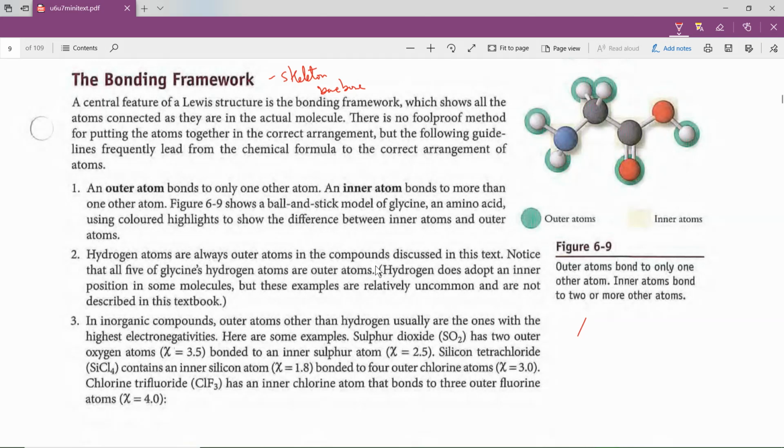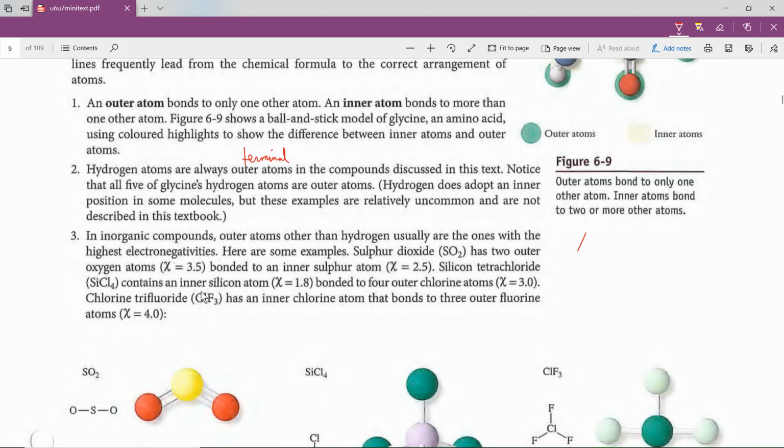Hydrogen atoms are always outer atoms. Another way to say outer atoms is terminal, meaning they're at the ends of the molecules. So hydrogens are terminal, and hydrogens are always going to be single bonds. Okay? In our examples, halogens, the group 7A, are usually also outer atoms, and usually also just single bonds. If we have inorganic compounds, other outer atoms other than hydrogen usually are the ones with the